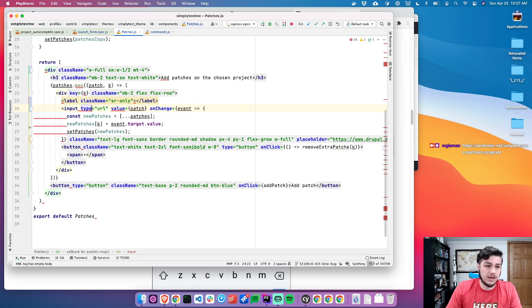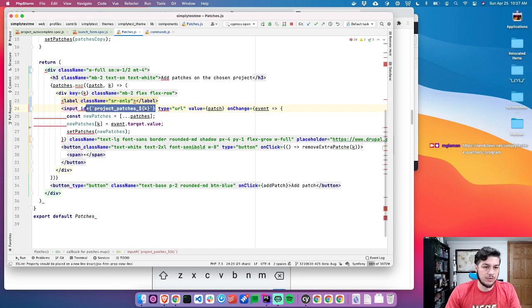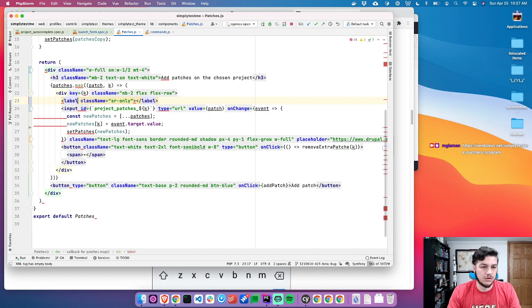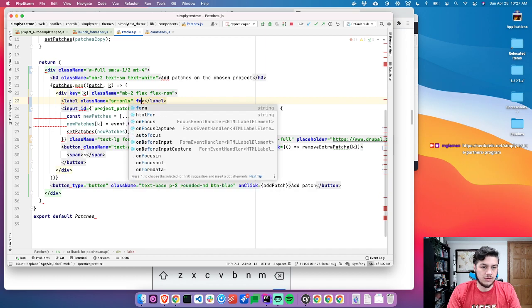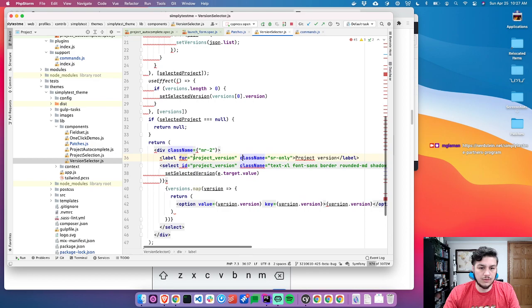So if we make this be ID is project patches. Let's just go real simple. Okay. So the ID will be that, and this label will then be for HTML4. Oh, okay. So is everything wrong here where I'm saying